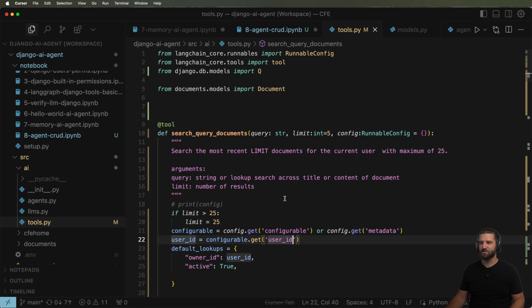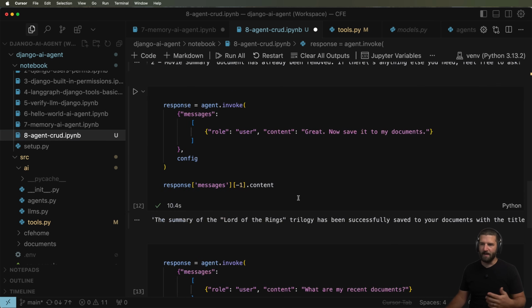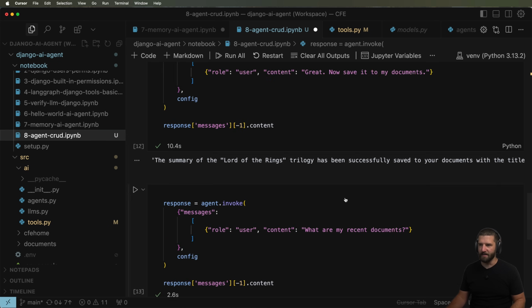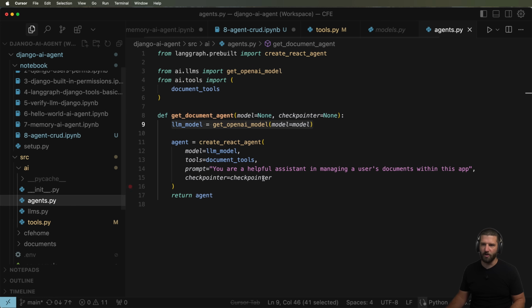So perhaps we want to change that a little bit, and I recommend that we do. But overall, using an agent for CRUD in this way is very straightforward. You may or may not have to say save in here, like you could use that as a prompt inside of the agent itself. So if we go back into these agents, and so you would say something like